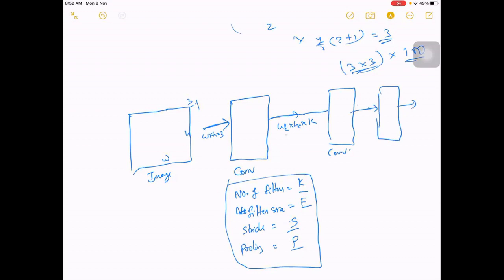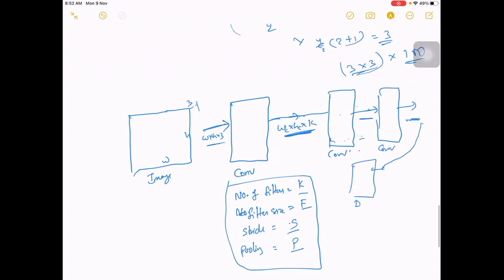From here, this is your input. Previously W cross H cross 3 was your input, and now this is the input to a new convolution layer. It will do a calculation, you can set the number of filters again, and it will give you a new dimension. Similarly this will continue, and finally, after a few layers, you add a dense layer.